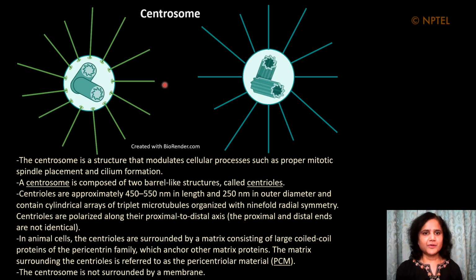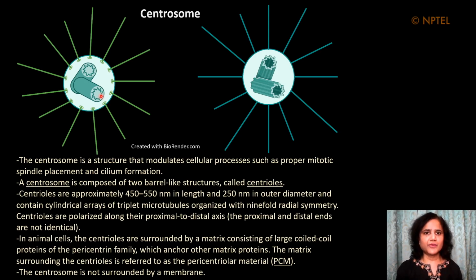The centrioles are approximately 450 to 550 nanometers in length and 250 nanometers in outer diameter, and they contain cylindrical arrays of a triplet repeat. So there are triplet microtubules here which are organized with a 9-fold radial symmetry. The centrioles are polarized along their proximal to distal axis. That is, the proximal and the distal ends are not